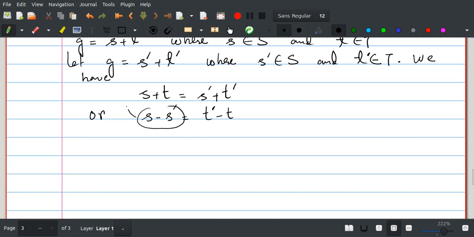So this belongs to S. Similarly, T prime is in T, this little t is in T, so this element is in T. But these two elements are equal. This means this element is in S as well as in T. Similarly, this element is in S as well as in T, because these two elements are equal. So this implies